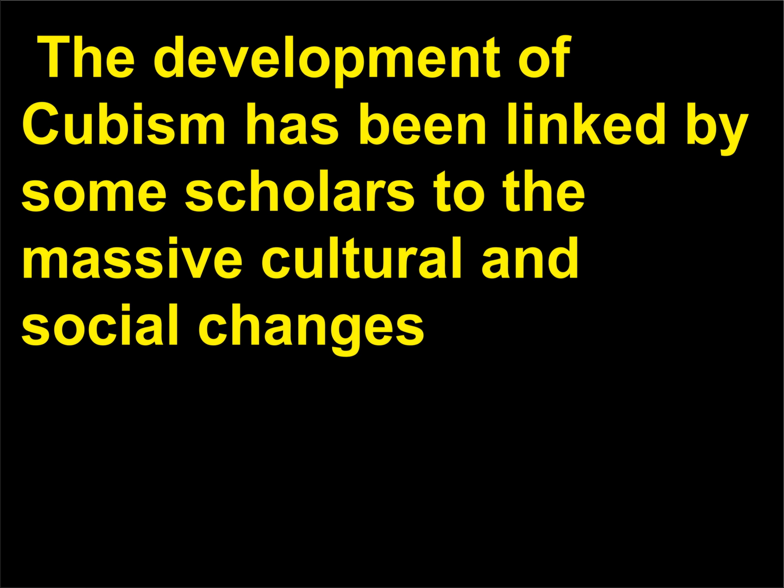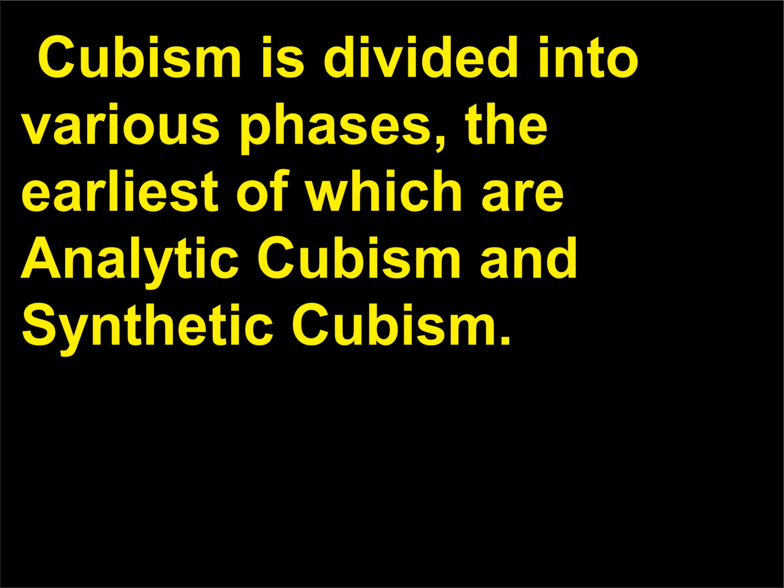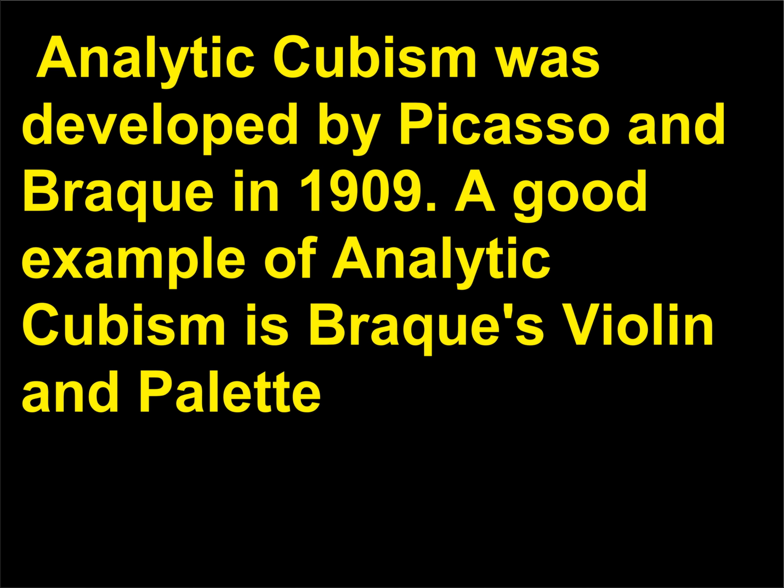The development of Cubism has been linked by some scholars to the massive cultural and social changes taking place during the turn of the century, including enormous changes in technology and industry. Cubism is divided into various phases, the earliest of which are analytic cubism and synthetic cubism. Analytic cubism was developed by Picasso and Braque in 1909. A good example of analytic cubism is Braque's Violin and Palette,